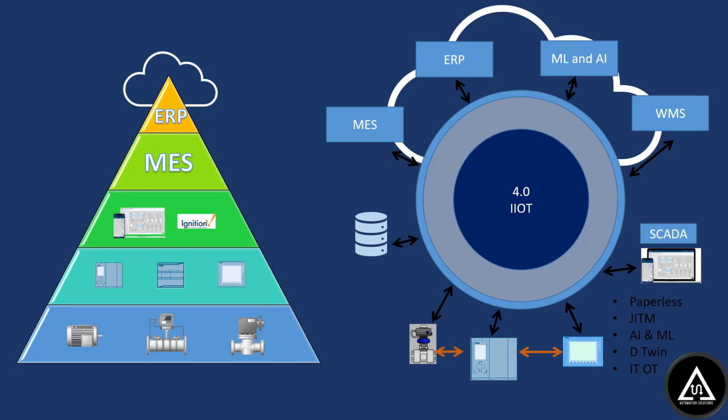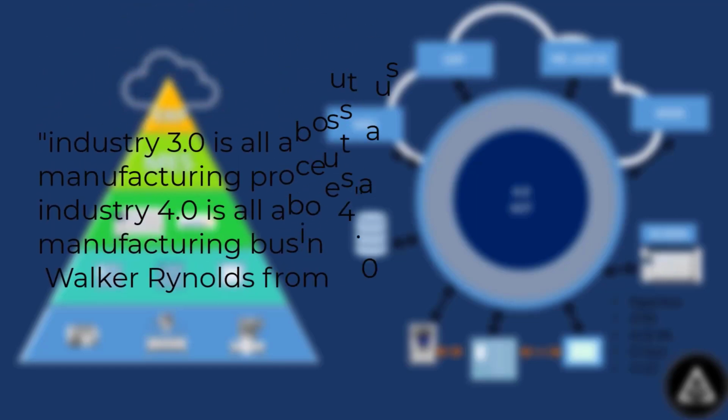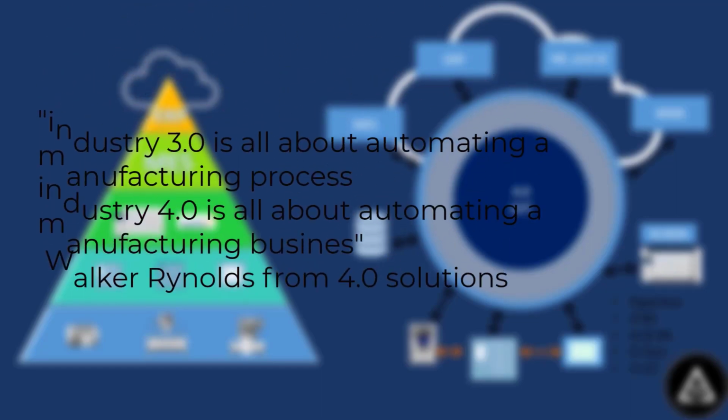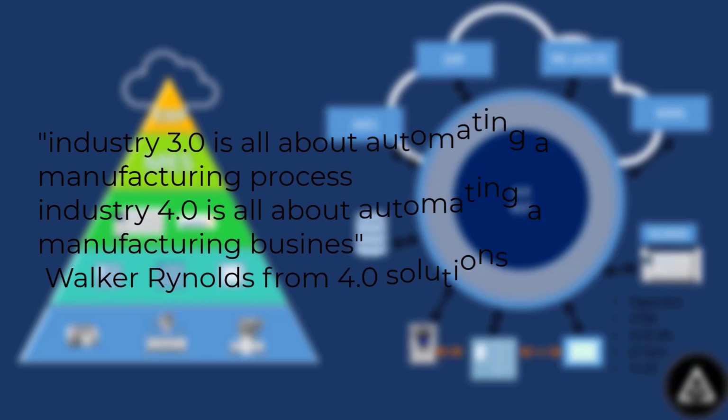And the idea of IT and OT, now they will come together, what they call IT-OT convergence, meaning there is no more IT and OT, everything should now be connected together. So basically this is what Industry 4.0 is, and as Walker Reynolds said, Industry 3.0 is all about automating the manufacturing. Industry 4.0 is all about